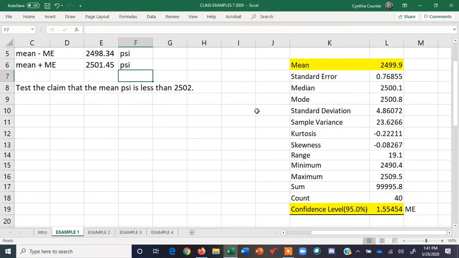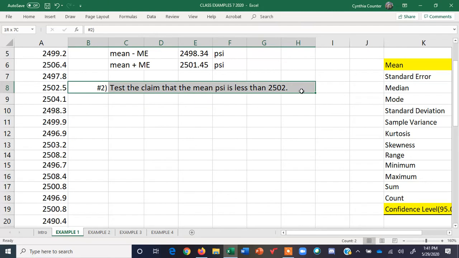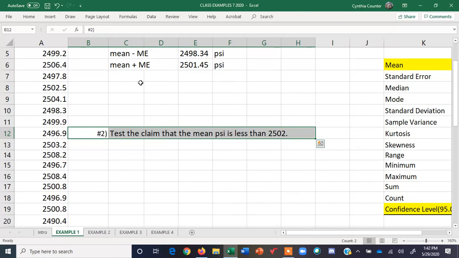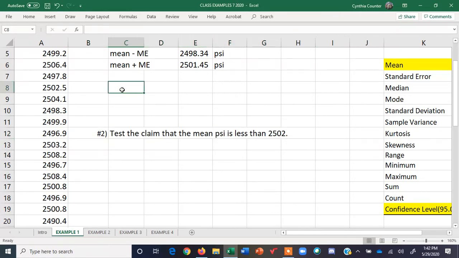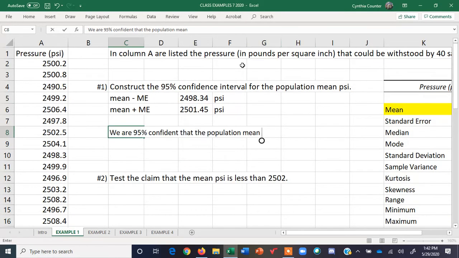So now we're going to write our sentence. And to give me some more room, I'm going to move this out of the way. So I'm going to highlight, hit Control X, and move it down here, enter. So here is our sentence, the interpretation for these endpoints. We are 95% confident that the population mean pressure that could be withstood by concrete, population mean pressure that can be